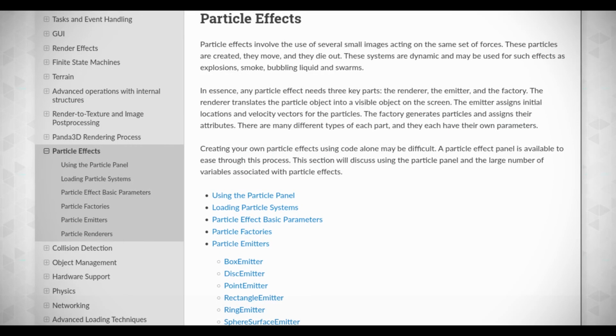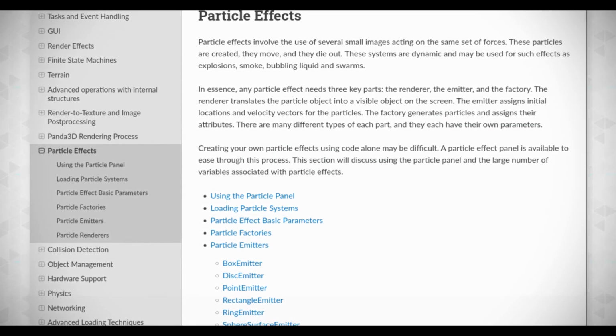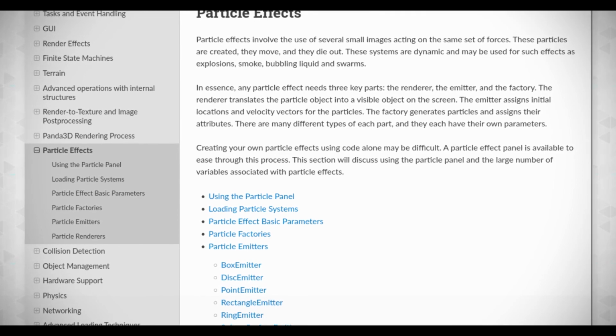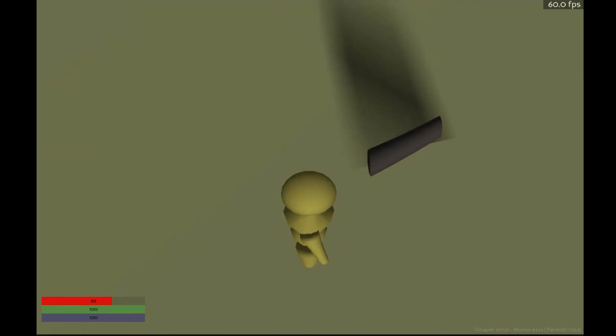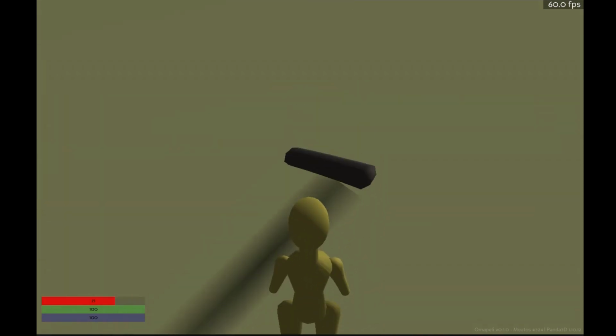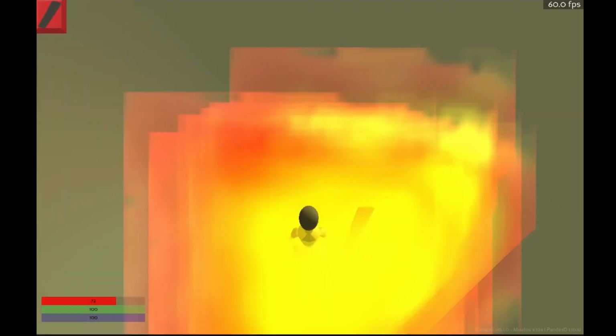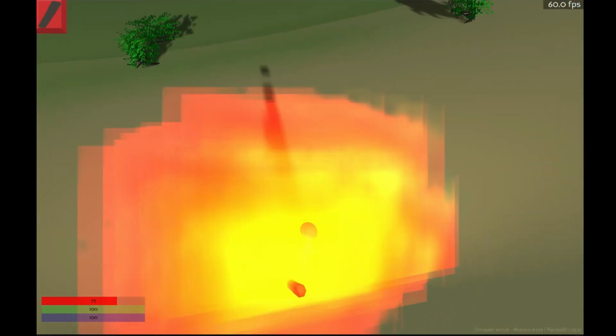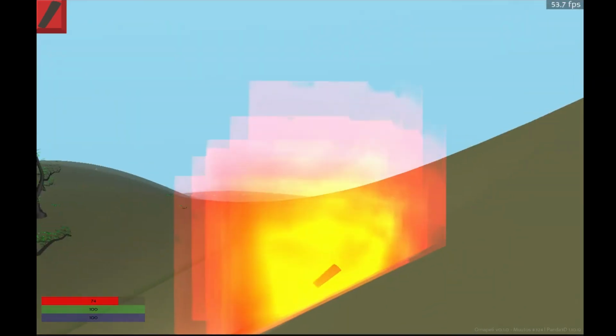You have a factory, an emitter, and a renderer that you have to configure together with your particle effect. Quite a job to find the parameters that make the fire look like fire, but eventually I got something nice out. Well, I think I'll scale this down a little bit still.